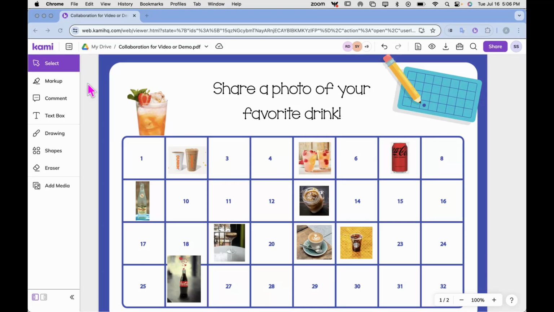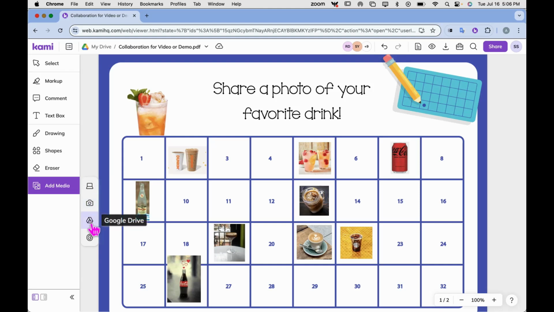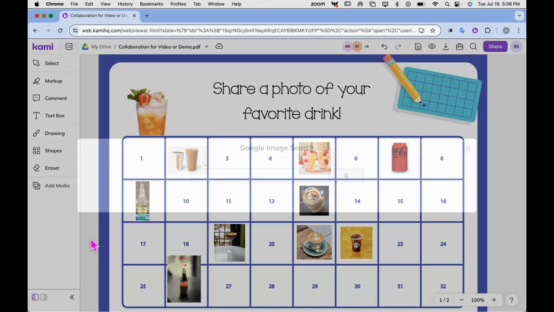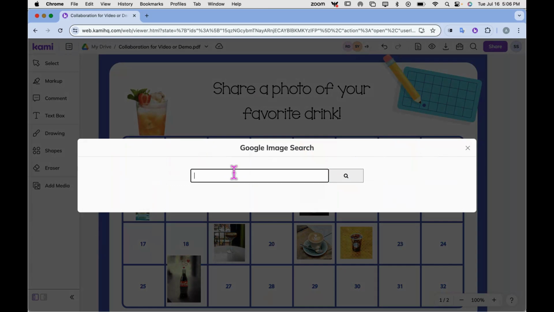In this case, Sally's student will head down to the bottom of this toolbar and select Add Media. From here, she has 4 choices. She can find an image on her computer. She can take a picture with the camera. She can head to her Google Drive to select an image, or she can choose the Google image search. There are other options in Add Media, but these are the 4 that her teacher has chosen for her to access. So we'll go ahead and click for the Google image search,